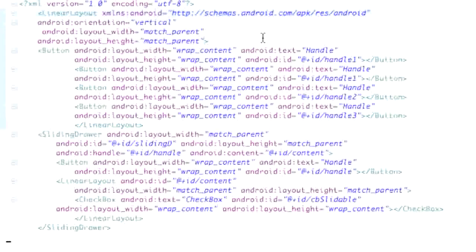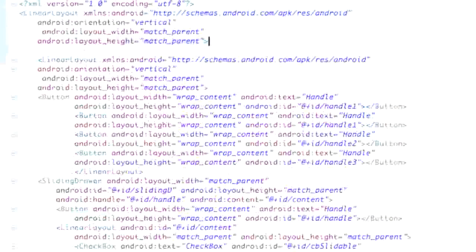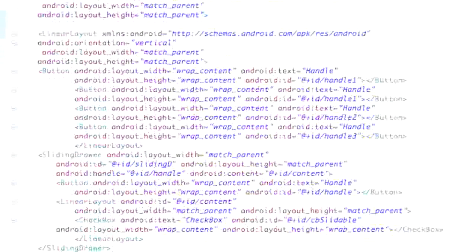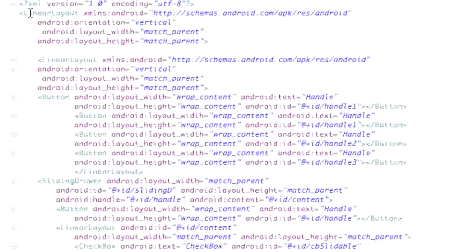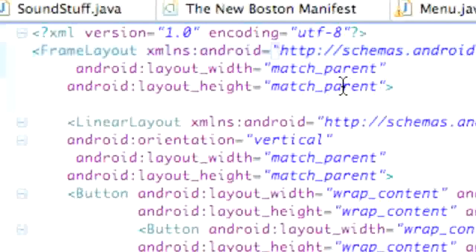But now what we're going to do, we're going to copy this beginning statement here and paste a new layout above this layout here. And what we're going to have this layout be is something called a frame layout, like that. And the frame layout, there's no orientation, and basically the frame layout is going to allow us to draw on